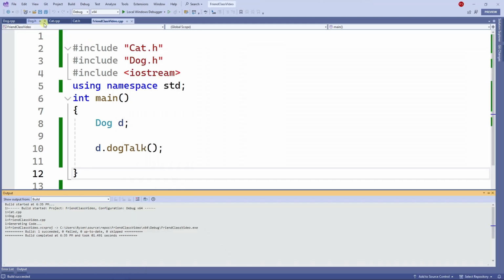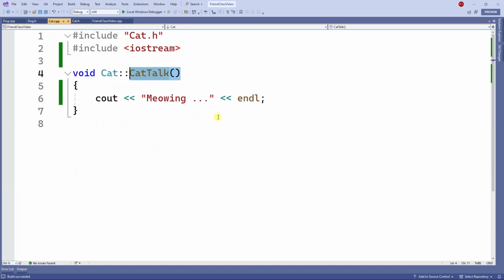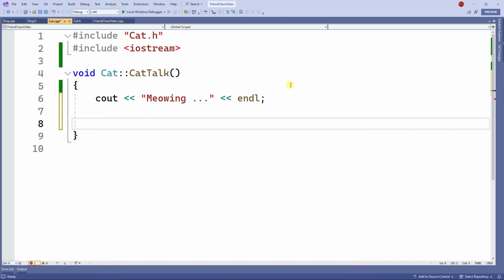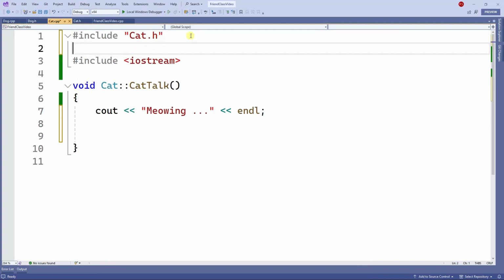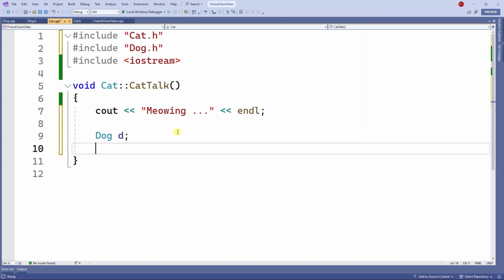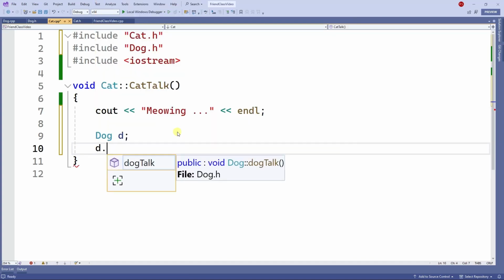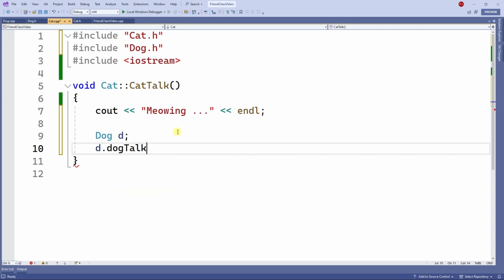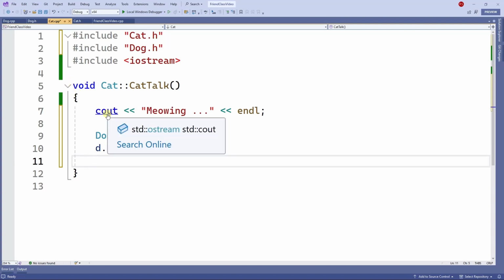If the cat tries to access the dog's function, so let's say I'm going to create an object type dog here, and the cat class can certainly instantiate a dog object, no problem whatsoever. However, when the cat class wants to access a private member, it would not let it access. So dog talk is a public, so dog talk is accessible